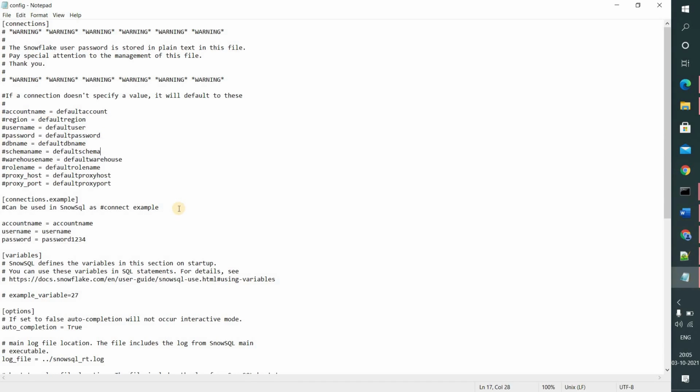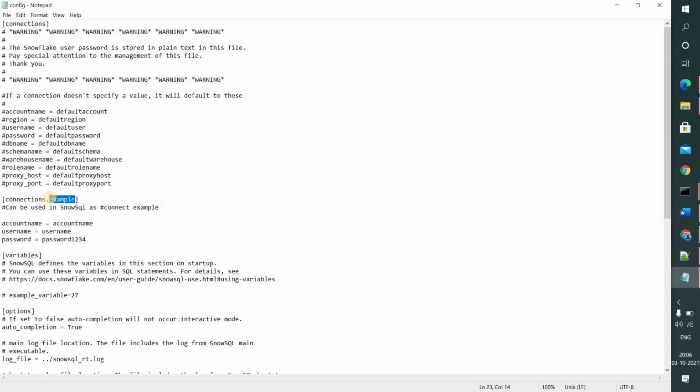And if you have one more account, you need to use this syntax, connections, and then in place of example you need to specify your other Snowflake connection name. Nowadays many companies are maintaining multiple Snowflake accounts. Why? Because they don't want to keep everything in a single Snowflake account. For example, the data which belongs to their organization, for that they want to maintain a separate Snowflake account.